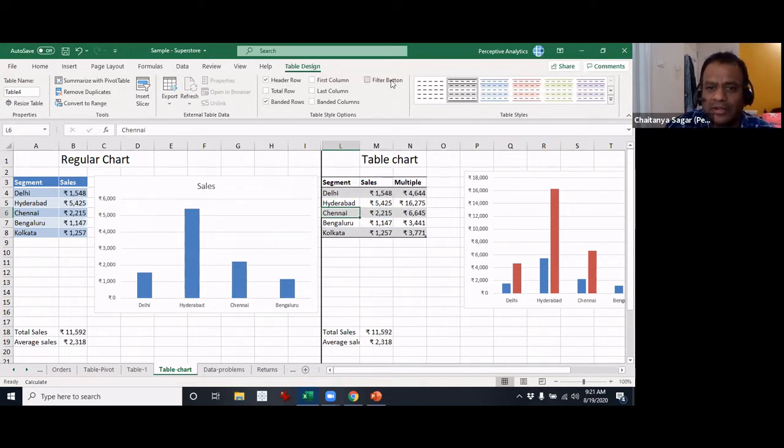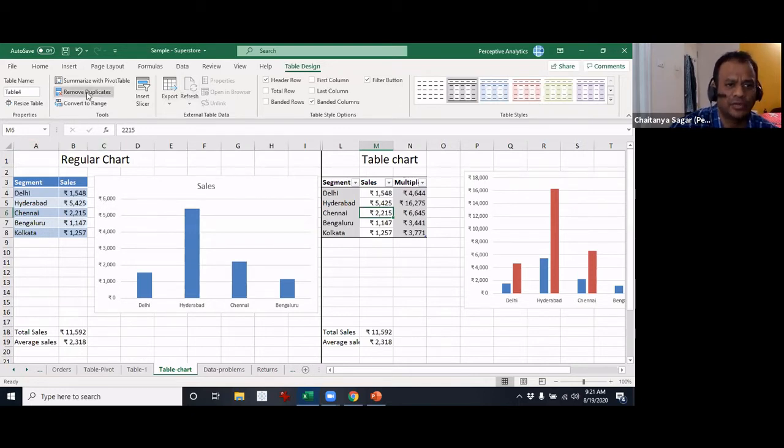See, the filter button, you can remove it. Banded columns sometimes are useful. If you can remove this, for example, right? Banded columns are also useful, so you can figure out which column is which much better if you are moving left to right and so on and so forth. You can also remove the header row if you would like. Okay, so these are some of the things that you can do. Let me just see, there are some other ones. The slicer is something that I will cover quickly in the next one.